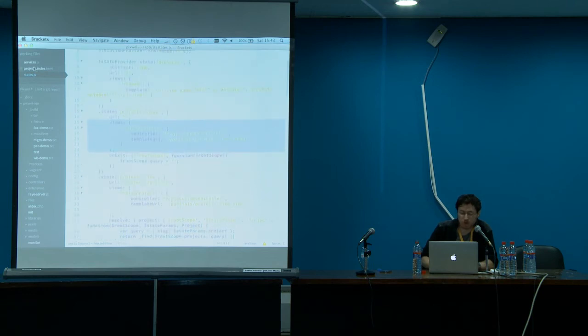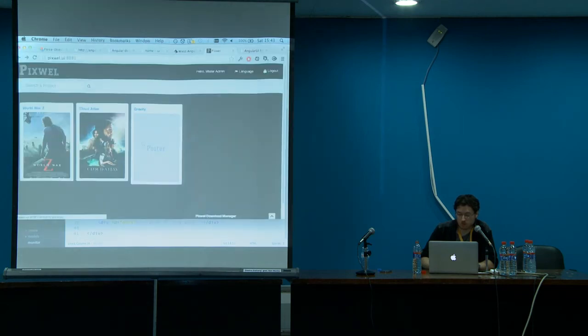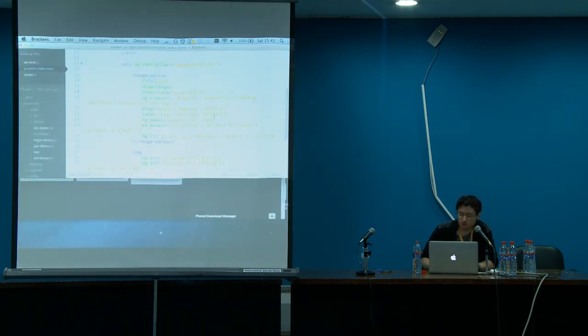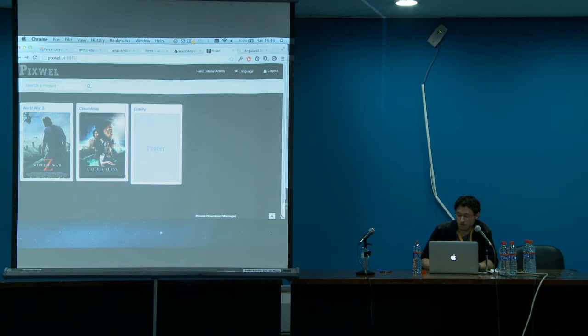Some of the other interesting features of this particular project are some of the directives that we use on this page. I'll show you a couple of them. One thing you'll notice is that this project doesn't have a poster, and we wanted to make it as easy as possible for the managers of this system to add posters to projects and perform different maintenance tasks.